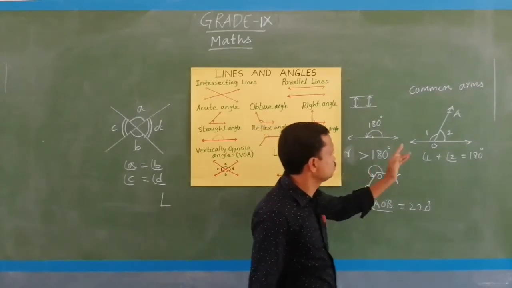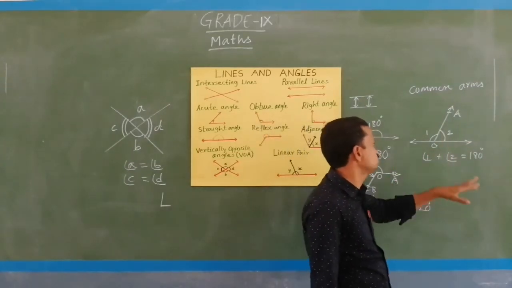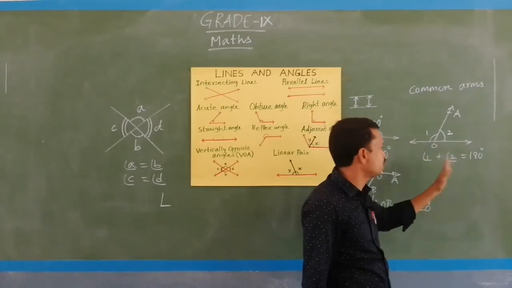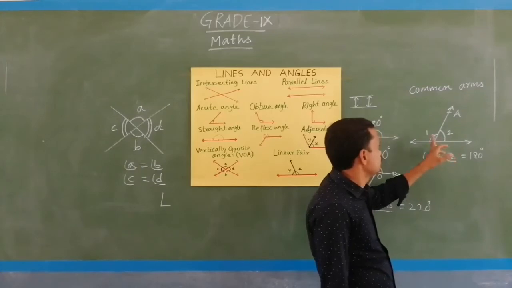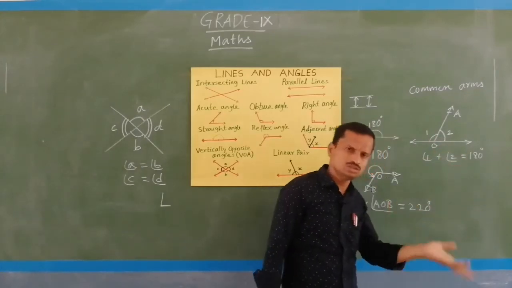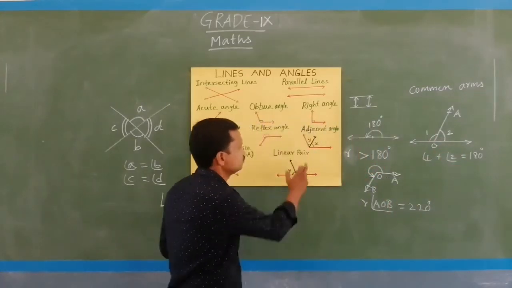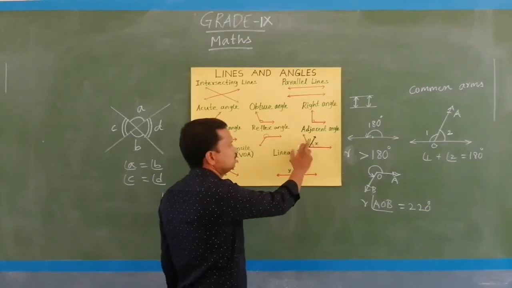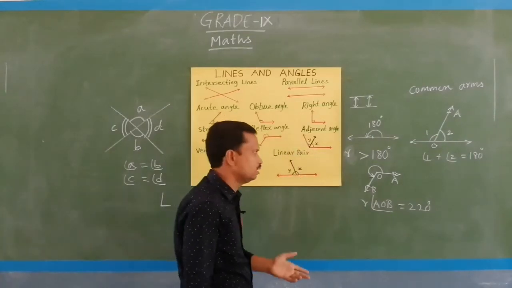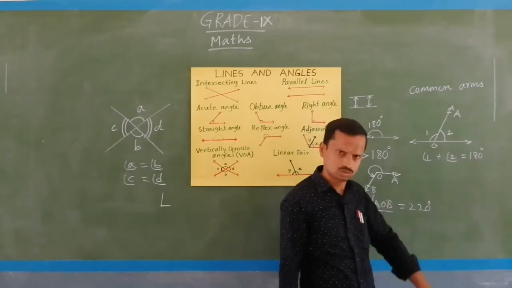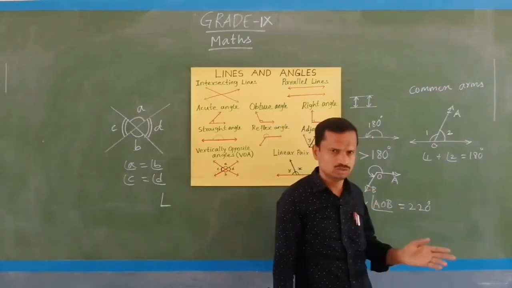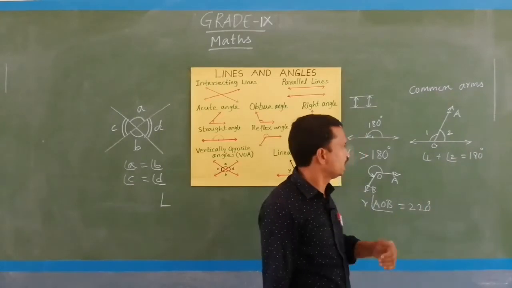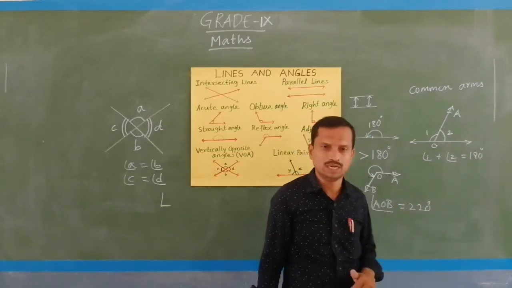So here the straight angle is divided into two parts, angle 1 and angle 2. If you add, you get 180 only. But 1 and 2 are adjacent angles also. You see here, x and y are adjacent, nearby angles. So here 1 and 2 are also nearby angles, and we can say they are adjacent. Angle 1 is adjacent to angle 2 and angle 2 is adjacent to angle 1.